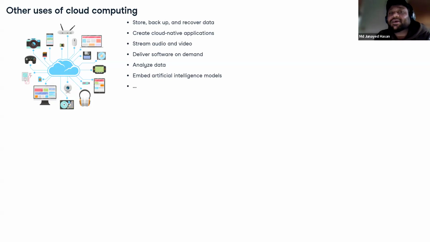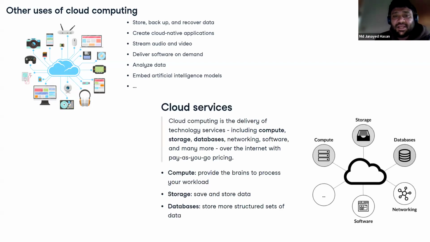So mainly maybe our curiosity is in these last two parts, analyzing data and embedded artificial intelligence models. There are three important things here. We talked about a lot of things in the cloud, but the three important things are compute, storage, and database. Compute actually computes the thing, like Google Colab, right? When you write any algorithms over there or do inferencing over there.